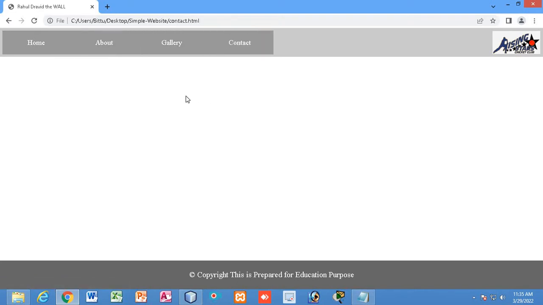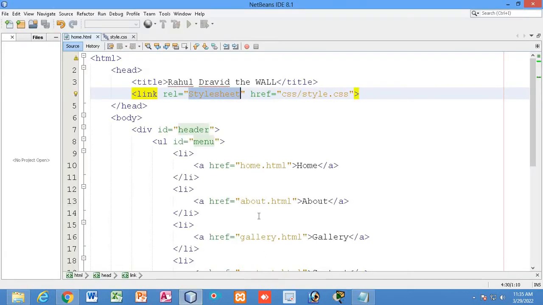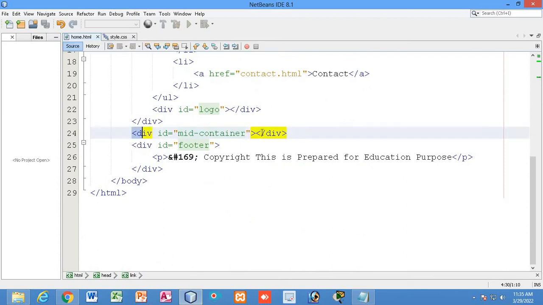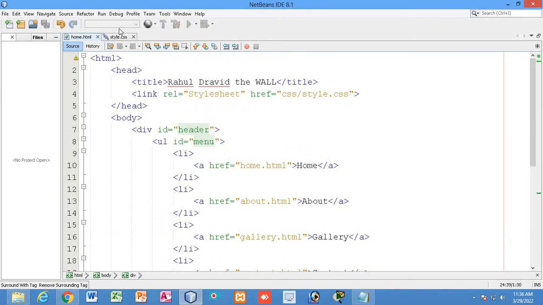Now I will add additional information. Let us start with the home page. This is the home page, so I will start with the home page. So let me add something additional to the home page. I am working in the home page now. So in the mid container I will simply add a photo. So here now